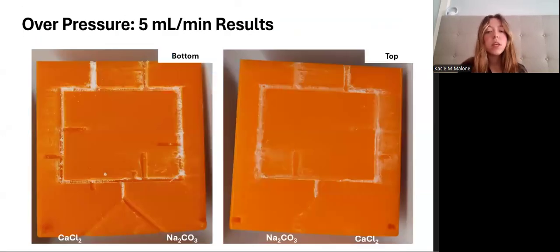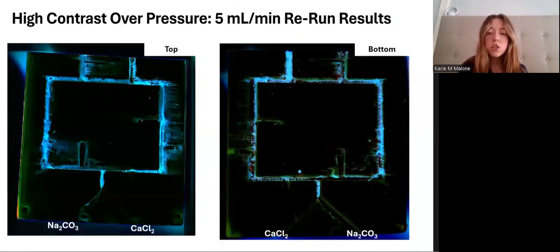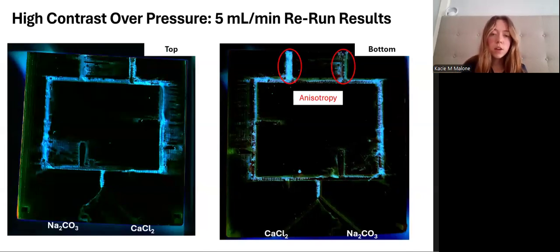Here again are the precipitation results from the overpressuring experiment, so we can take a deeper dive in looking at our precipitation patterns. These images are simply high contrast images of the last slide to help the precipitation stand out more on the 3D printed core. Some key observations that we can observe is that we notice some anisotropic permeability where flow appears to be favoring the calcium chloride outlet more so than the sodium carbonate outlet, indicating that there may be some preferential flow paths